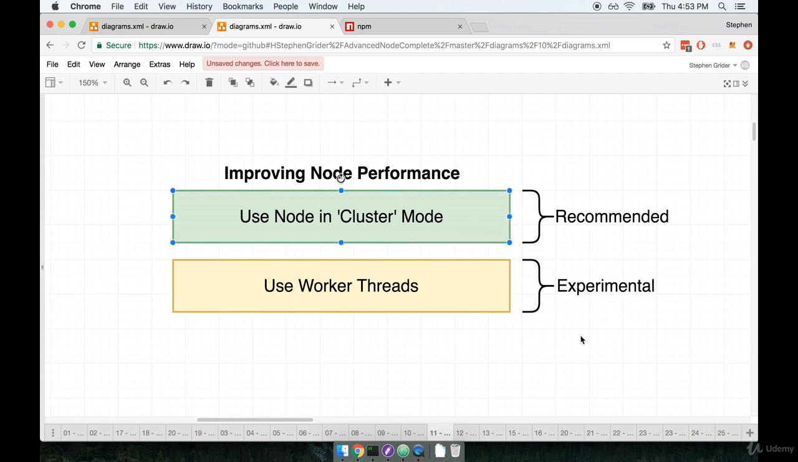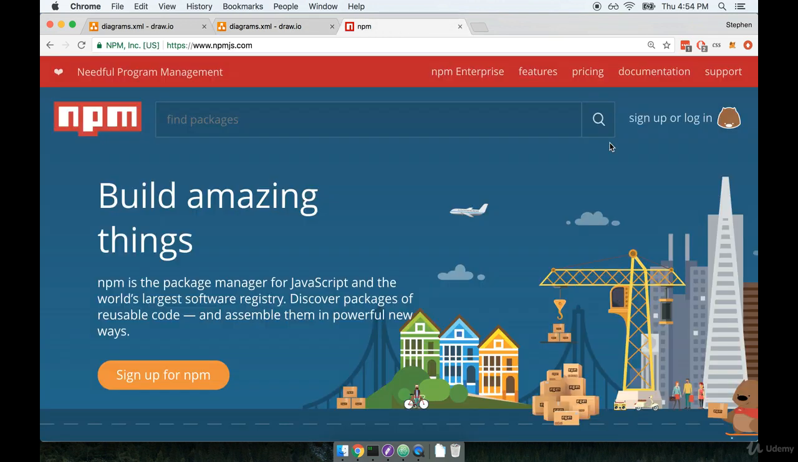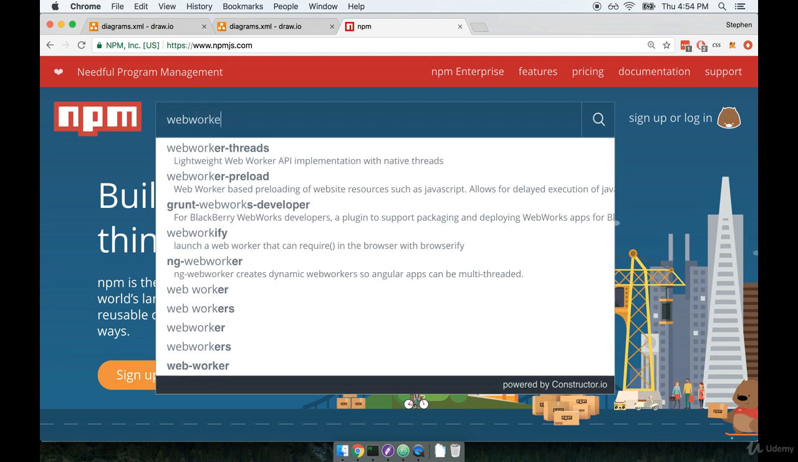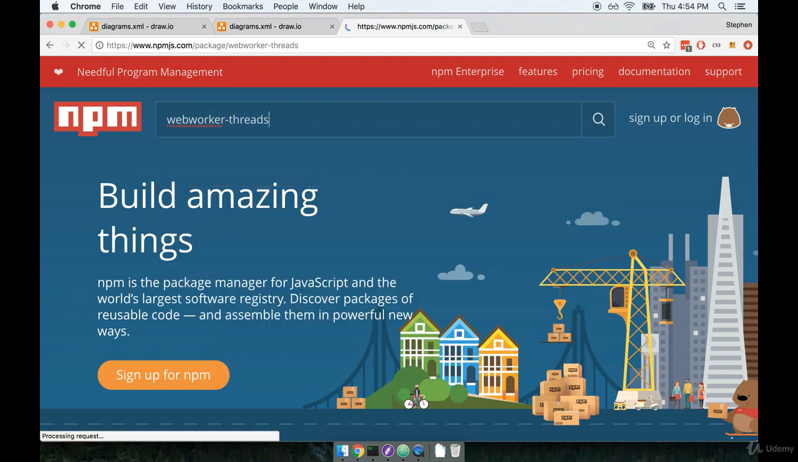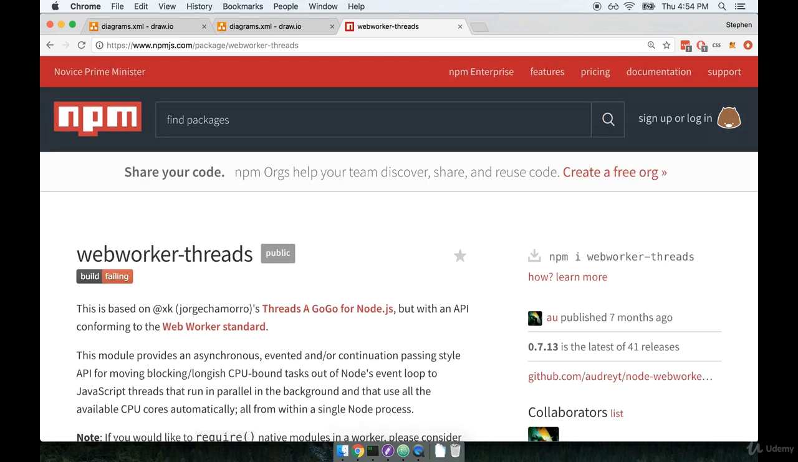Okay, so with that in mind, let's take a look at a small little project that we're going to use to implement these threads inside of our application. I'm going to go over to npmjs.com and we're going to search for a very specific package. So we're going to look for WebWorker-Threads. So this is the package that we're going to use to set up some worker threads inside of our